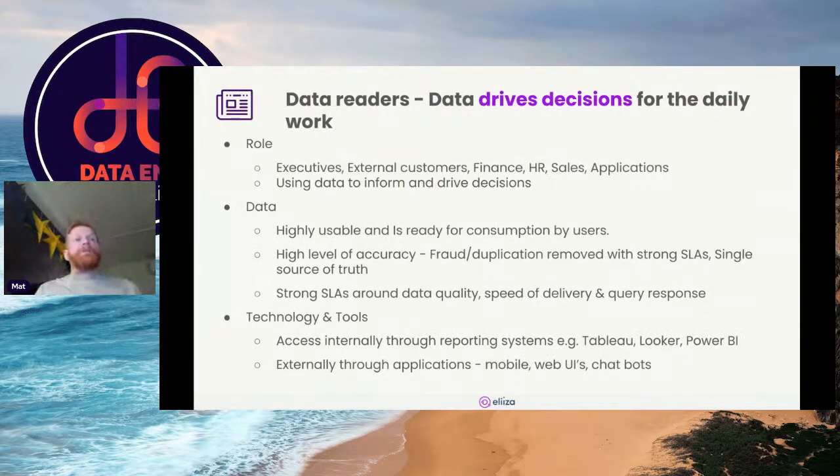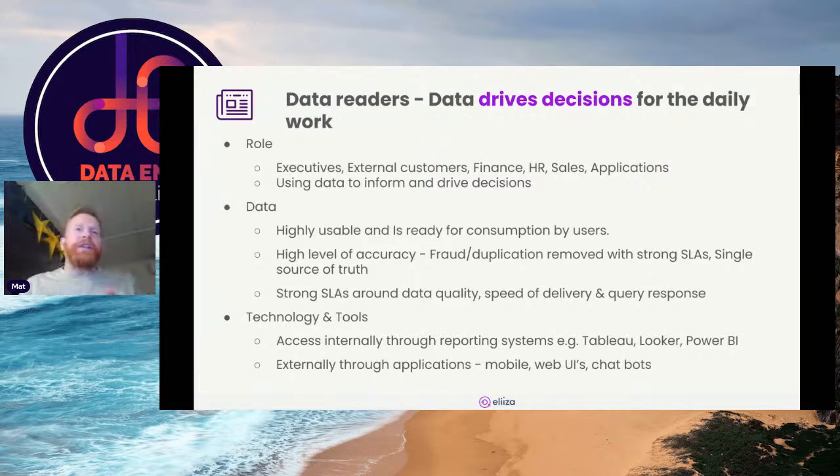And then the final group is our data readers. They're using data to drive decisions in their daily work. They've got business knowledge about data. They don't really care where the data came from. They don't really care how the data is formatted. That should all be abstracted away.